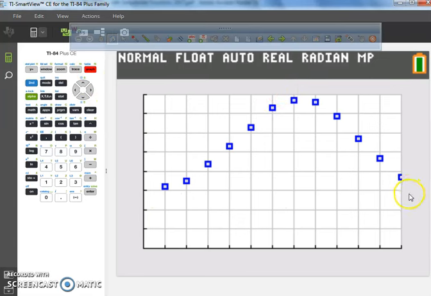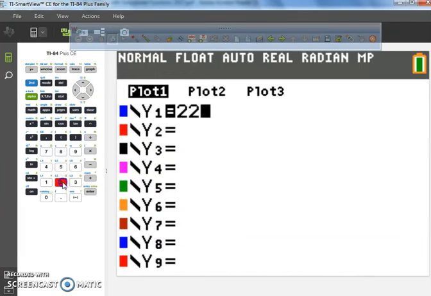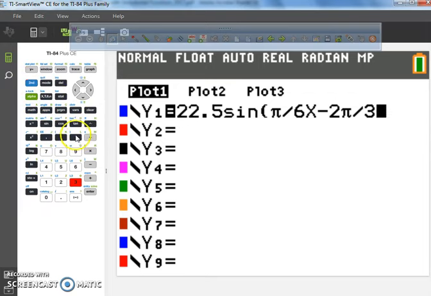What we were trying to do is find a model, basically a sinusoidal function, that modeled this particular set of data. And the model that we got, you can see how we got that information in the last video, is 22.5 sine, and we did pi over 6 theta. But to type that in the calculator, you can do pi divided by 6, and instead of theta, we put x. Then we figured out our c value was 2/3 pi, so 2 pi divided by 3, and our midline was